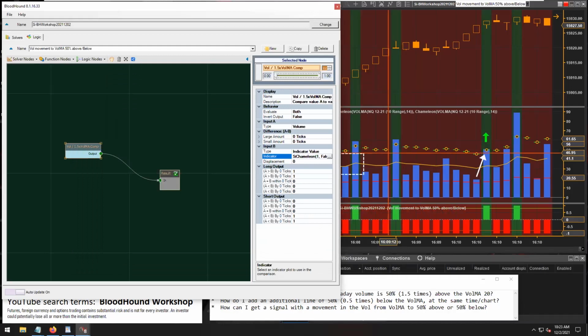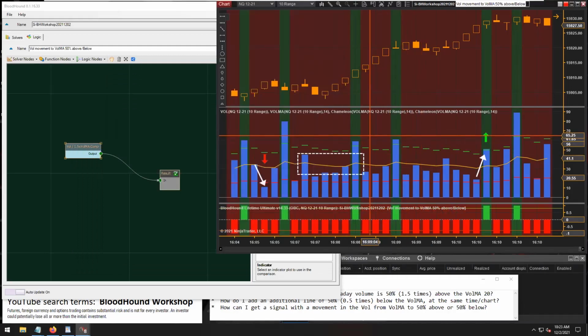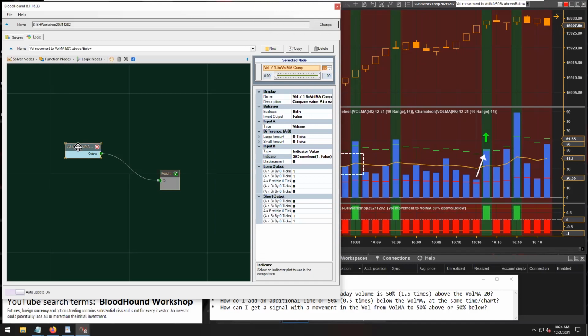And there we have it. So we can see that whenever the volume is above the green Chameleon, which is 1.5 times the volume MA, we're getting a long output, because the volume is greater than the Chameleon indicator. And anytime volume is below it, we're getting a short. So there we go. Now, volume is non-directional. Volume doesn't tell you whether you should be buying or selling. It just tells you how many people are buying